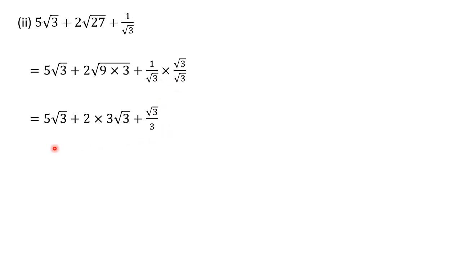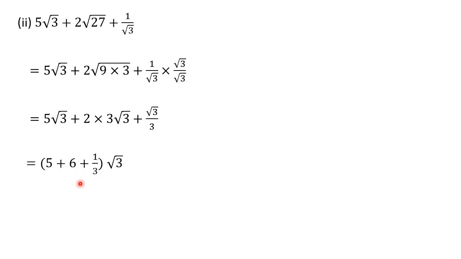Okay. So now what we can observe here is all these 3 are like surds. The irrational part is same, root 3, root 3, root 3 everywhere. So that we can take out common. Inside the bracket we can write down the remaining rational part. That means 5 plus 6. See, 2 into 3 is 6, and plus here 1 upon 3. This root 3 upon 3 you can write as 1 upon 3 root 3. So the rational part present here is 1 upon 3.